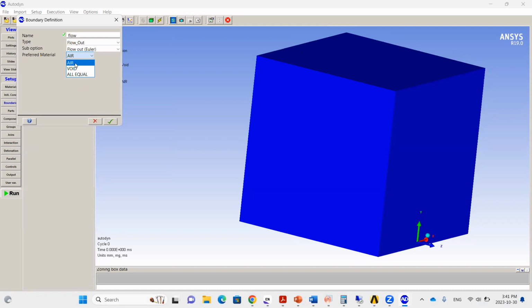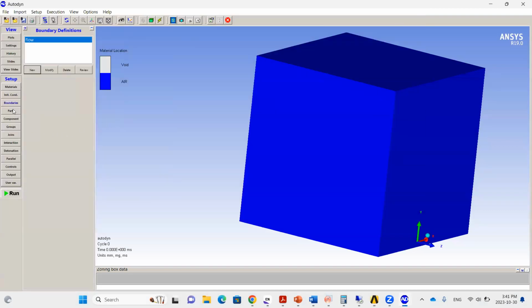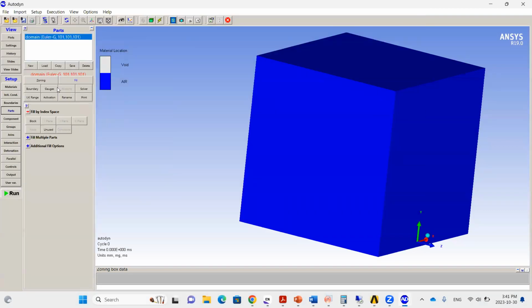If you have more than one material, you will find all of them here, and you choose all equal. Okay. Then go to parts again. You will have several menus here, several parts. So choose domain, then boundary, block,